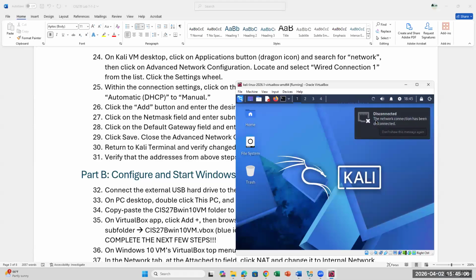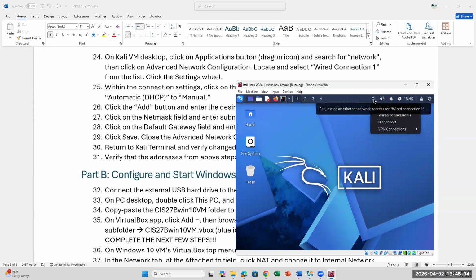Okay. So here it tells me that I'm disconnected from my host computer. That's okay. If you don't see this option, see how mine is still circling, it's not able to figure out, you can click on it and you should be able to see wired connection. But what if I can't click on it? That happens. Typically it looks like a NIC adapter icon. If you can't click on it,